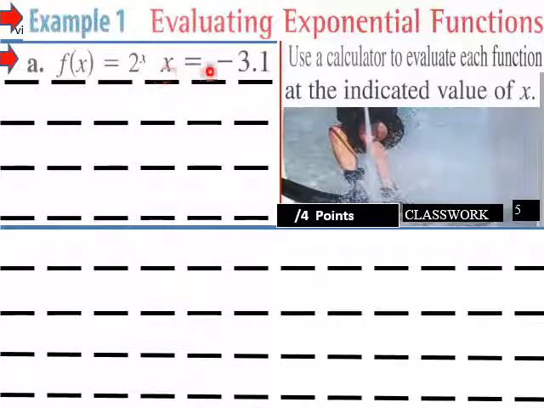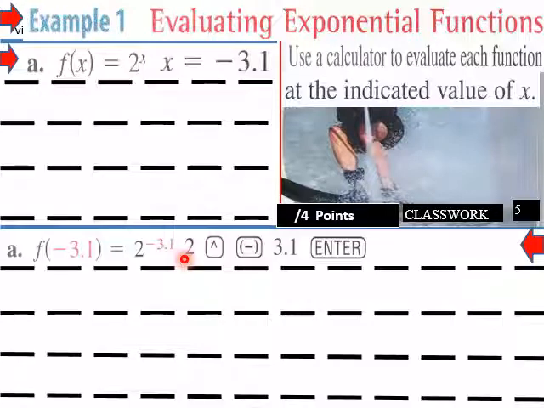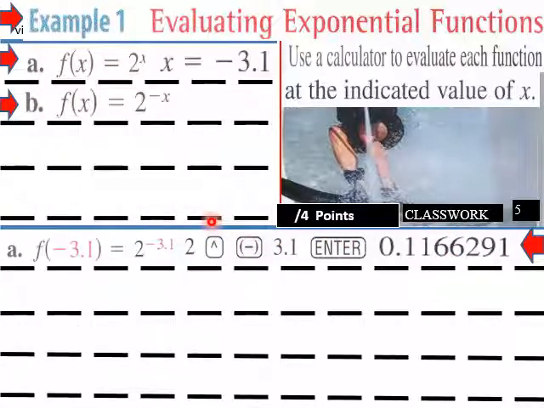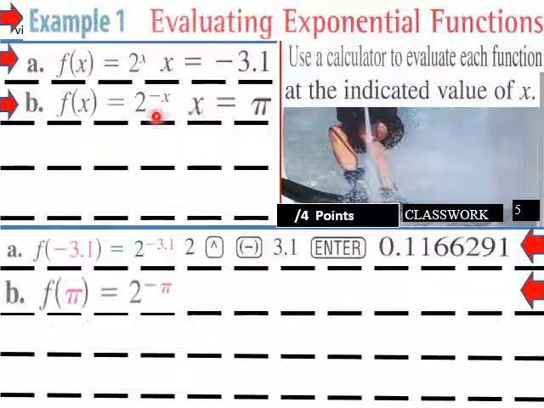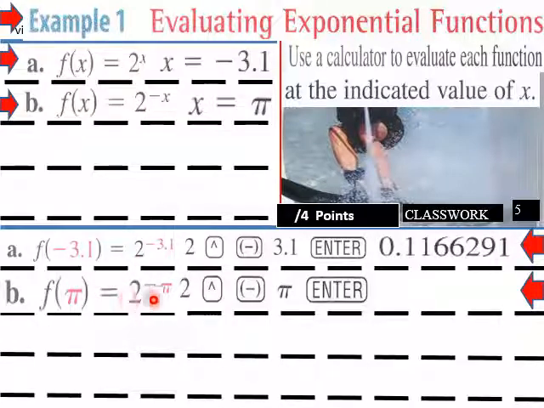So f of x equals 2 to the x, and in this case x equals negative 3.1. So if we go 2 to the negative 3.1, this will be your calculator entry protocol here, 2, uppercase, negative 3.1, enter, and then you should get this number here, 0.11166291. And then for 2 to the negative x, when x equals pi, so 2 to the negative pi power, then this will be your entry protocol here, 2, uppercase, negative pi, enter, and then we get this number here,